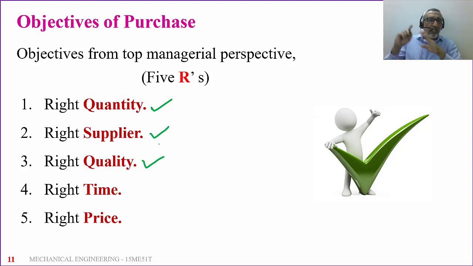So quality of product depends on quality of raw material. Quality of the product depends on quality of tools. Quality of the product depends on quality of the machines. If we ensure the right quality when purchasing all this, we should be able to maintain the right quality of the product when we sell our product. And next,